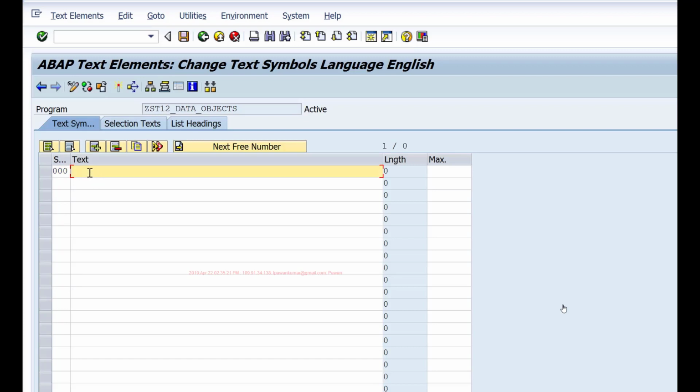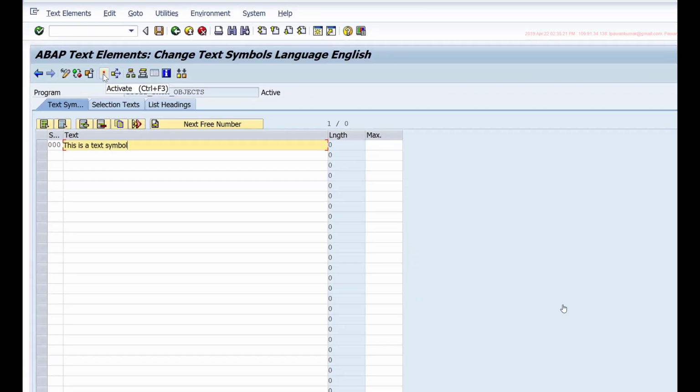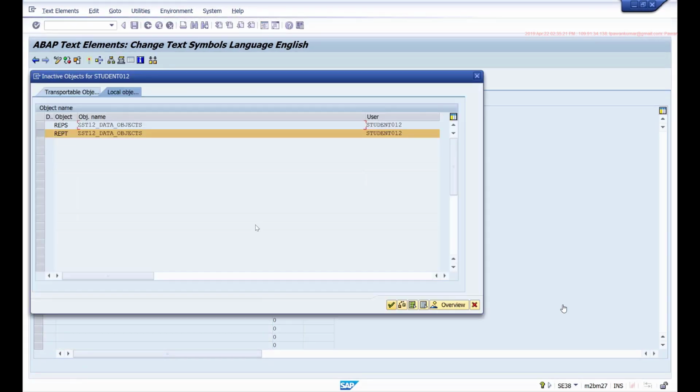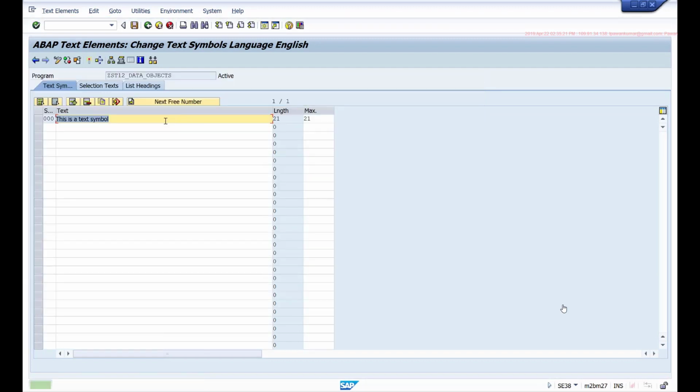So I can give a three-digit number and give the name and activate it. You have to remember to activate it. So this text symbol is activated and the number is 000.